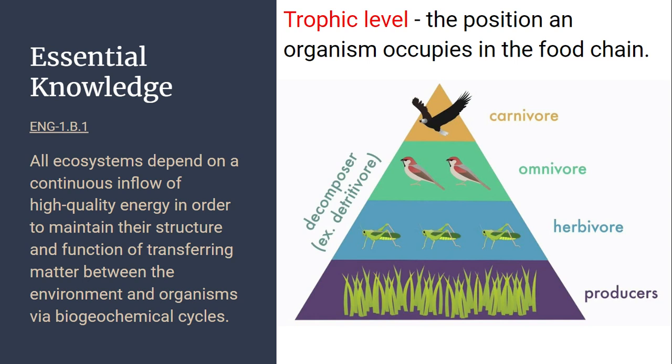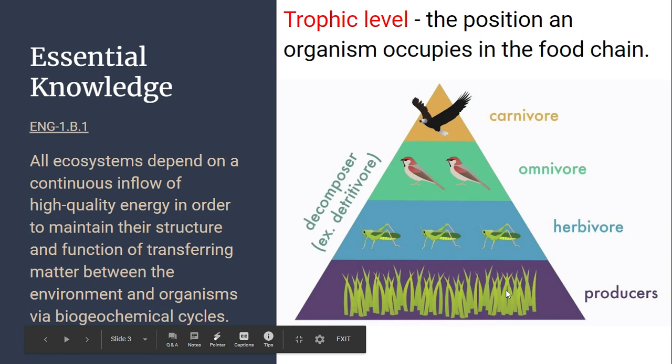A trophic level is a position an organism occupies in a food chain. Well, what's a food chain? And it's interesting that College Board has food chains as one of the last sections in Unit 1. But a food chain is just a feeding relationship in an ecosystem that shows a transfer of energy. So as we take a look at this pyramid, pyramids make for great shapes when we're talking about the environment.